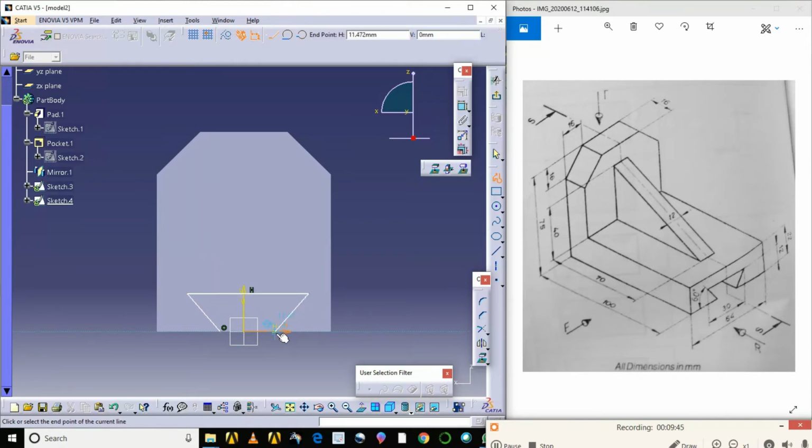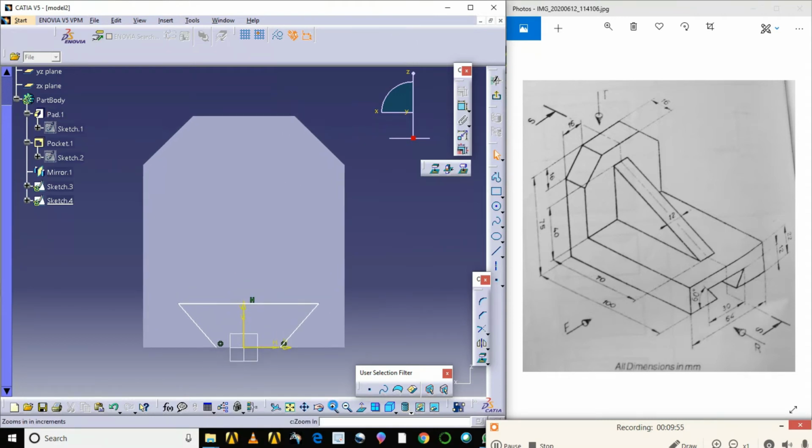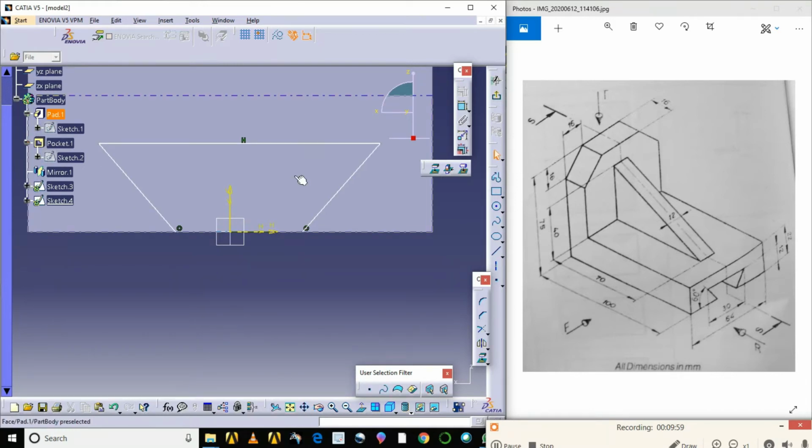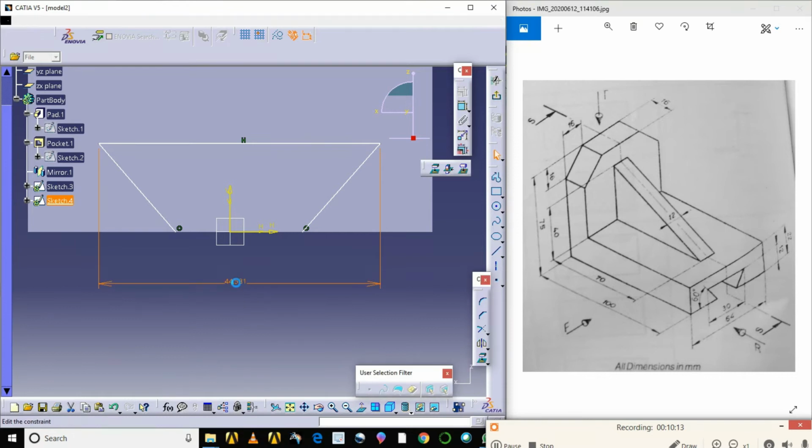Simply I'll try to create a geometry like this. If it's possible, zoom it. Now we try to give the dimension for this. How much is this? 30.